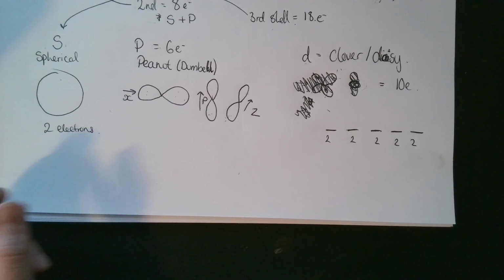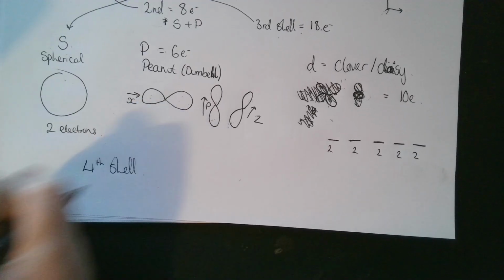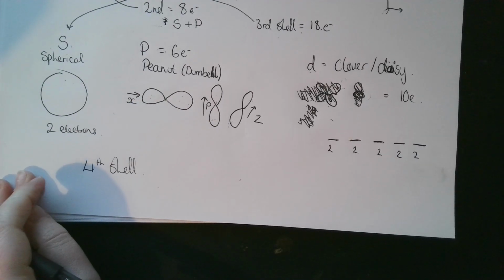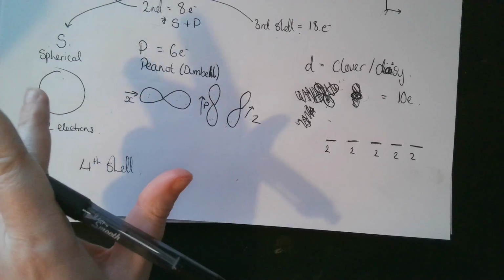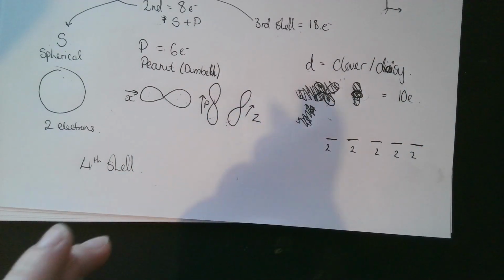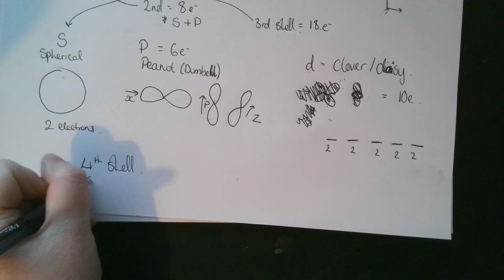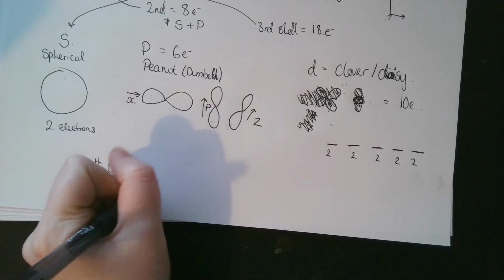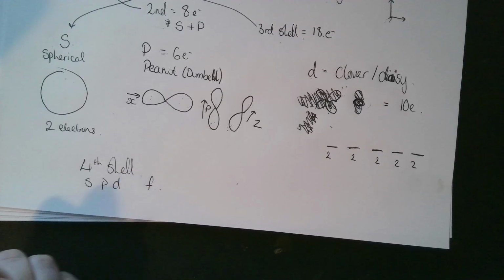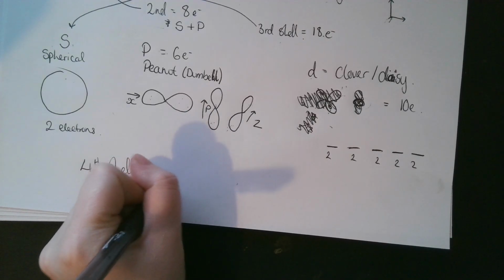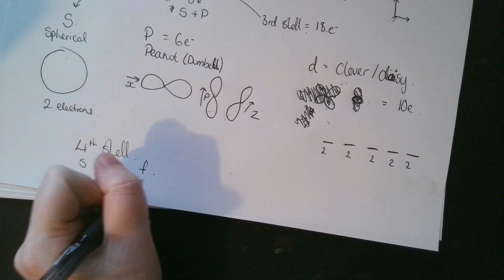Now in the PowerPoint I do mention the 4th shell. You don't need to know about the 4th shell because in the criteria it only asks for S, P and D. However, might as well cover it just so that you are aware of it. So the 4th shell has S, P, D and another one called F. F stands for flower. So it does look like a flower. Looks like a mess. Anyway,